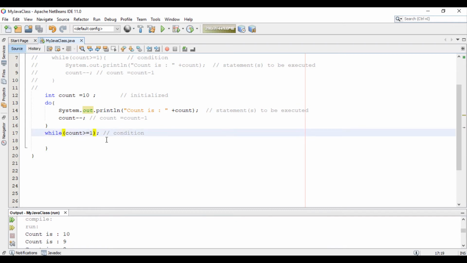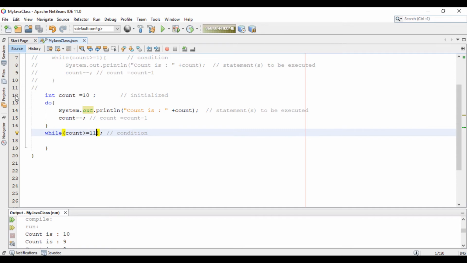Let's check. First I am giving the 11 here. Save the project. Now pause the video, write the output in the comment section. I will check. Do not cheat. Okay. Before checking the output, first we will debug to better understand.